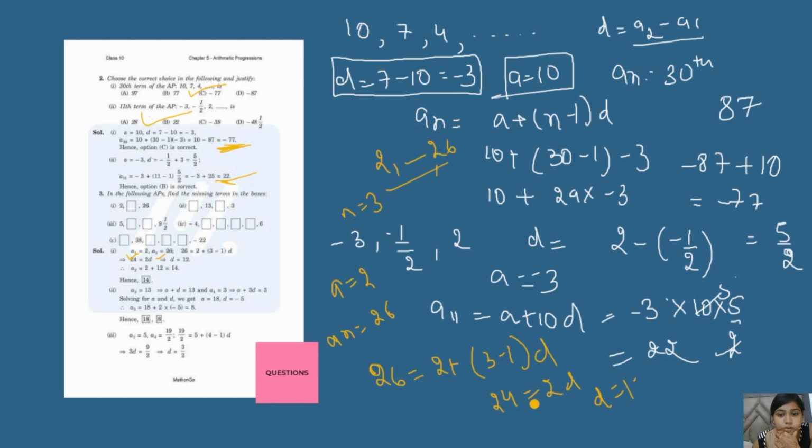So this is about the particular question. This is d equals 12. Now you don't have to find d, you have to find the a2 term, and we know that a2 is equal to a plus d. a was 2 and d was 12, so a2 will be 14. So just write it here that this particular box will be 14.